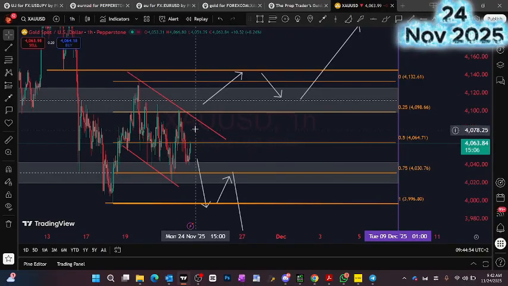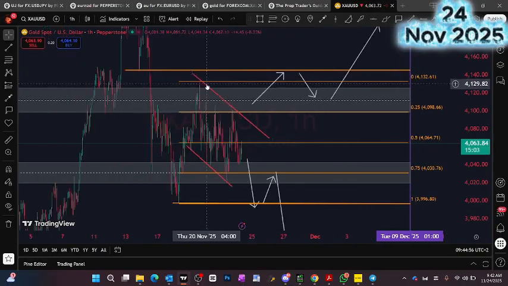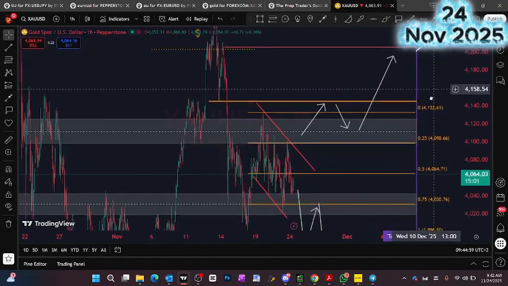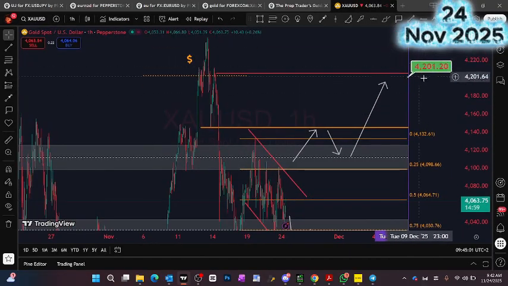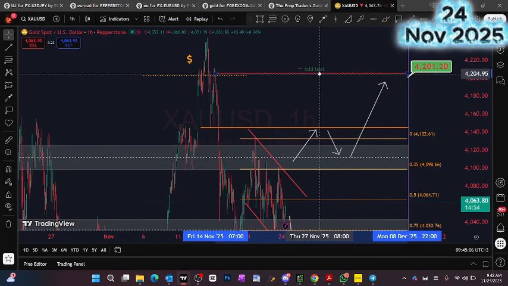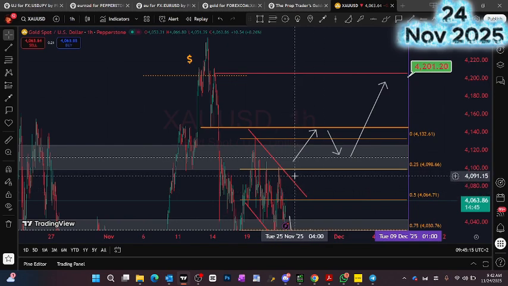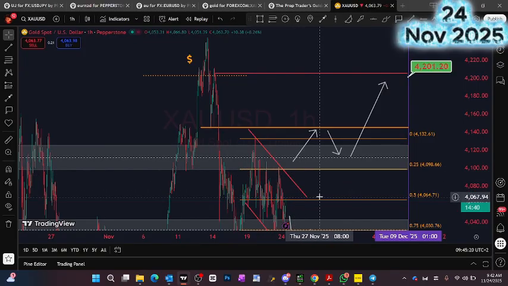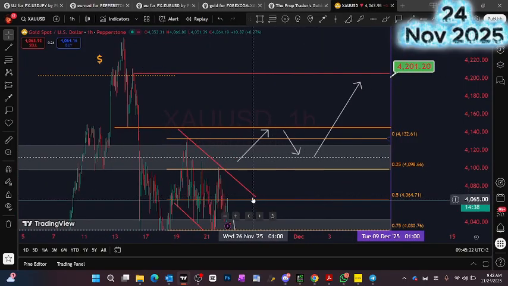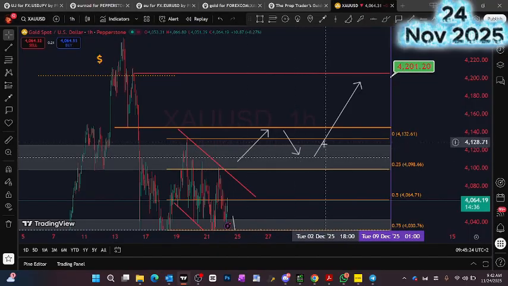Gold will go up to this. Gold will go up according to DRT. We might see this happening. Because if it goes up, then it might hit my break even. So yeah, break even will be hit if it goes up, but then I can open